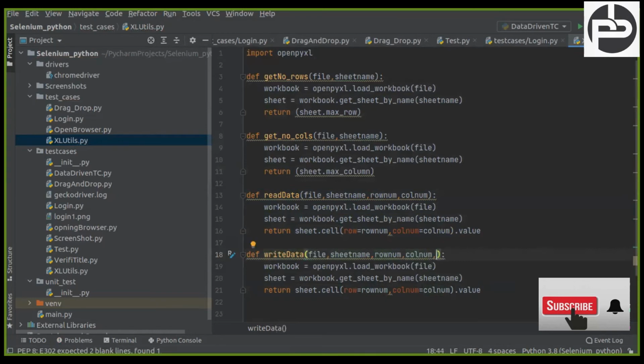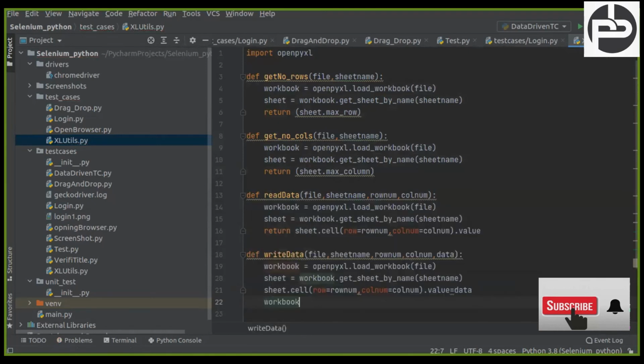Also we need the data, what data you want to write, right? And here, instead of returning anything, we need to write here, right? So value is equal to data. That's all.